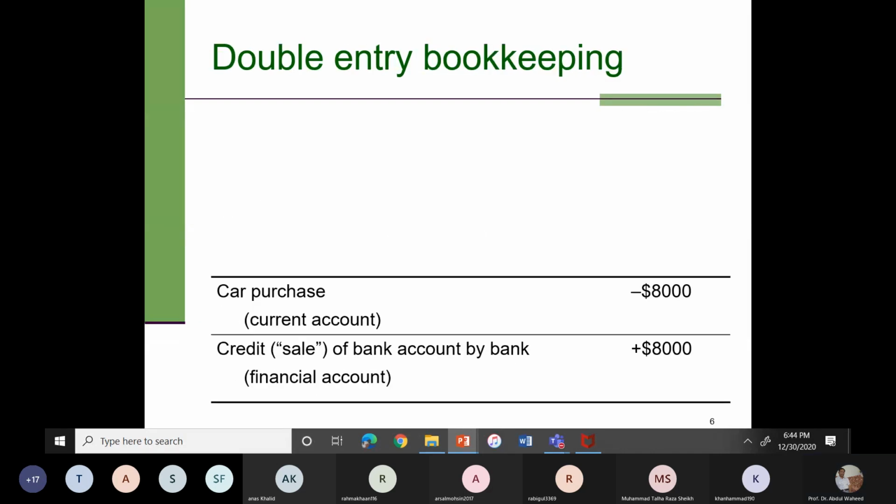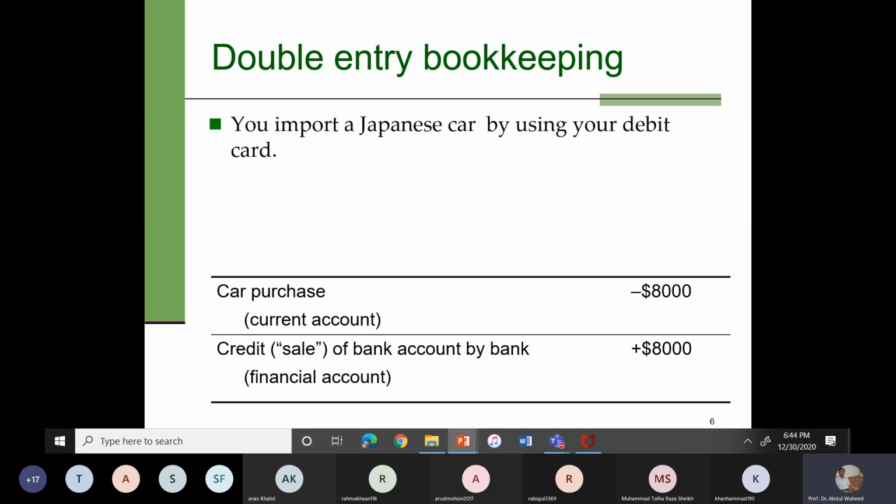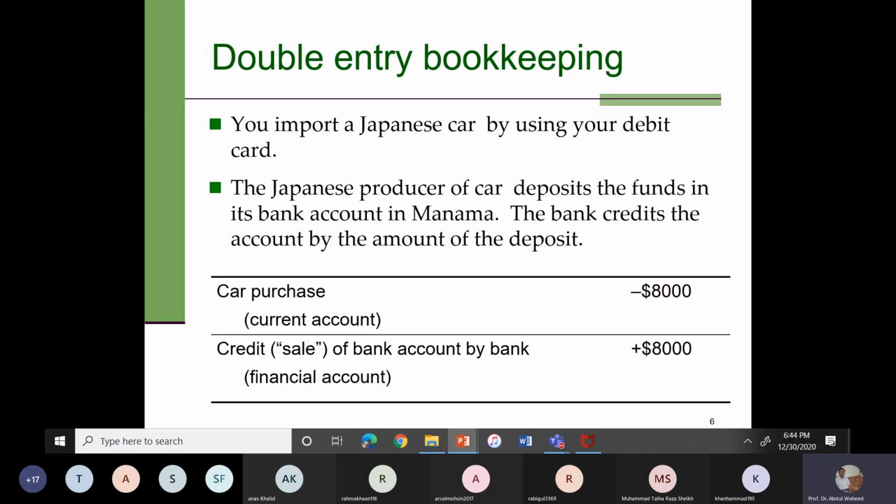Okay, this is an example of the double entry bookkeeping system in the balance of payment. Okay, so you import a Japanese car by using your debit card. So suppose you are a national in Bahrain, okay, then the Japanese producer of the car deposits the funds in its Pakistani bank account, okay, then this would be recorded as, you know,